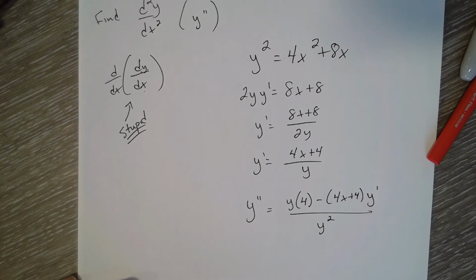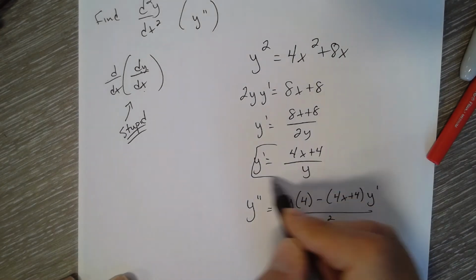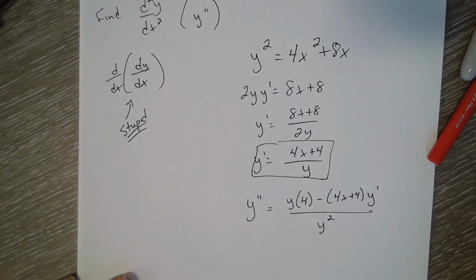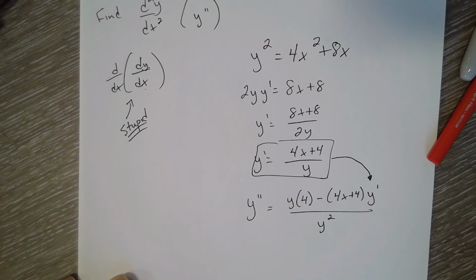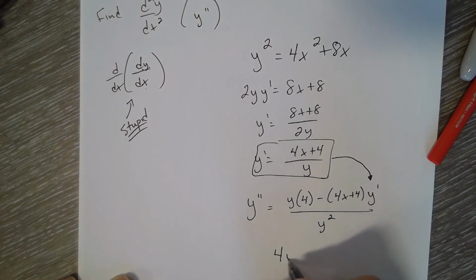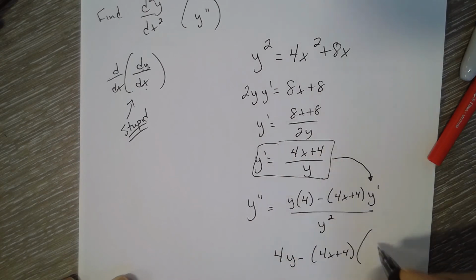Okay, but it's not okay to have a y prime in our answer for y double prime because we know what y prime is. We know it is (4x plus 4) over y. So we're going to substitute that in for y prime. So it's 4y minus (4x plus 4) times (4x plus 4) over y